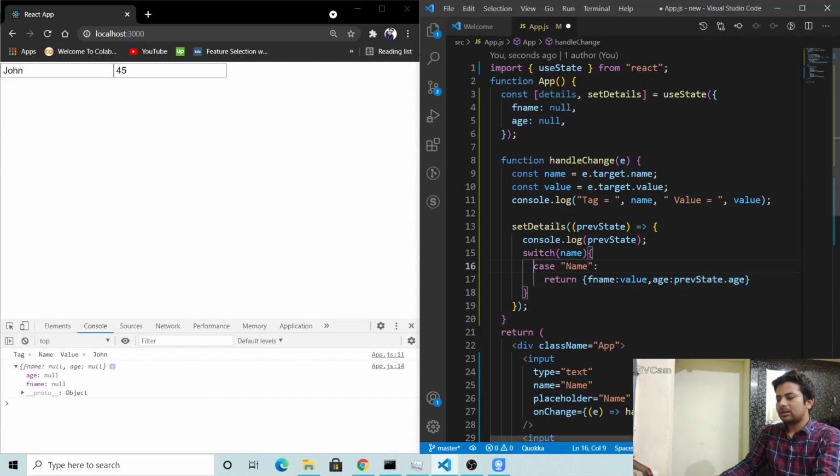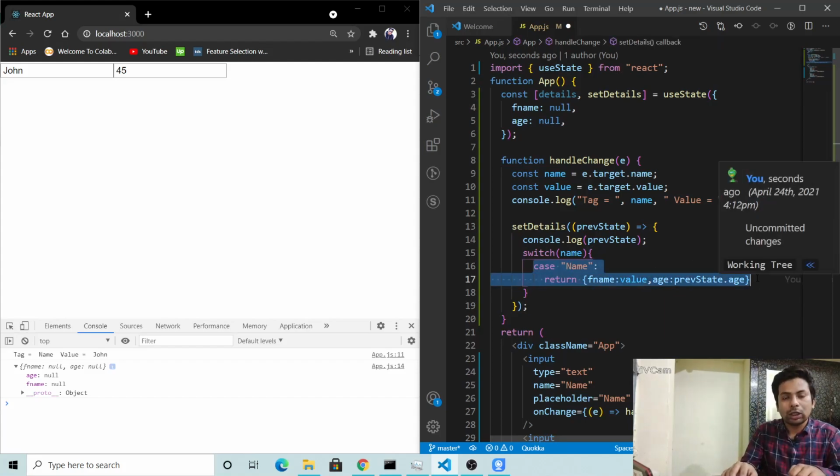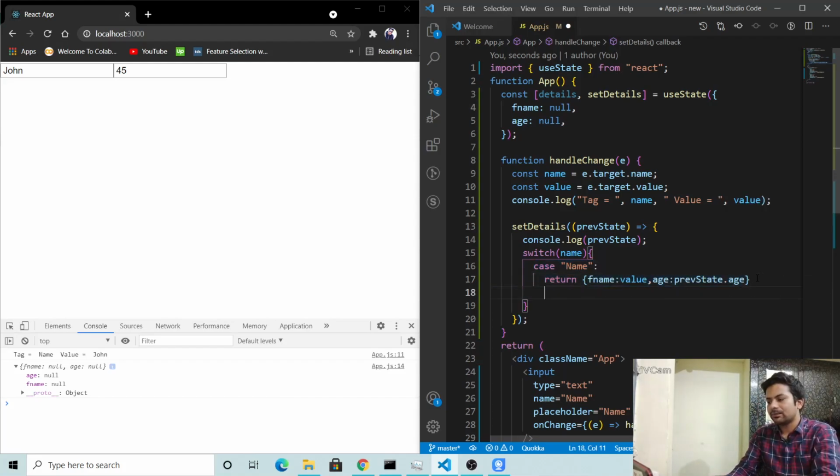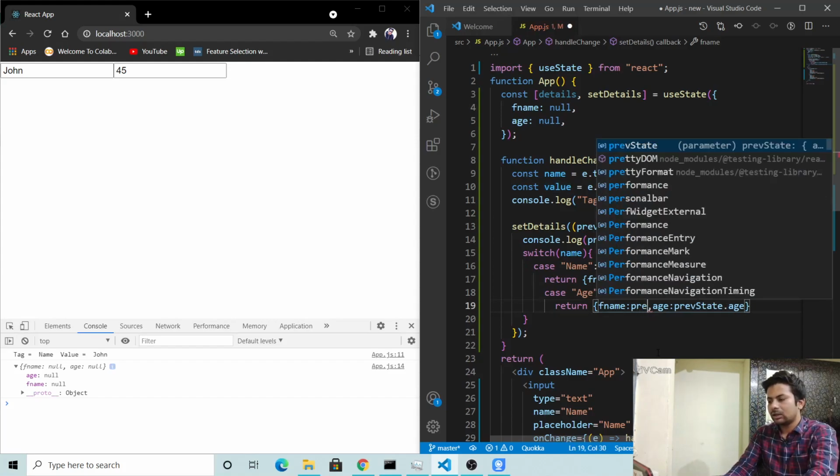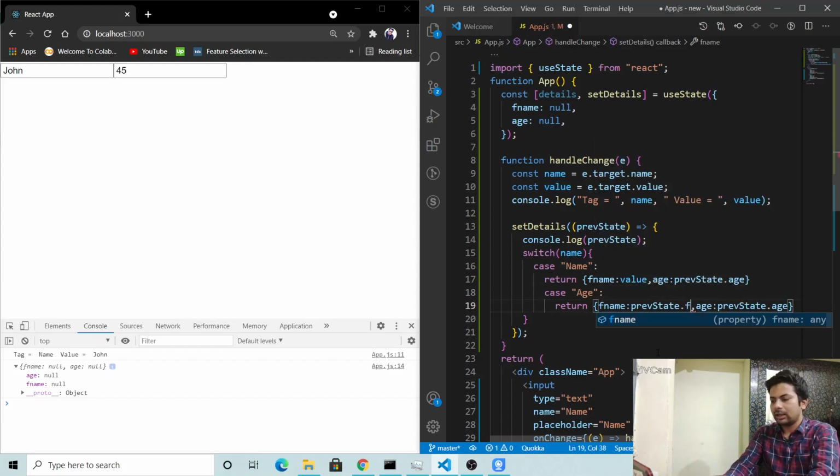Same thing, if you do it on your computers, you'll simply understand it. Just seeing it, you can't fully understand; I have to do it as well. If the case is age, then fName will be previous state dot fName, whatever the previous state was, and age will be value,